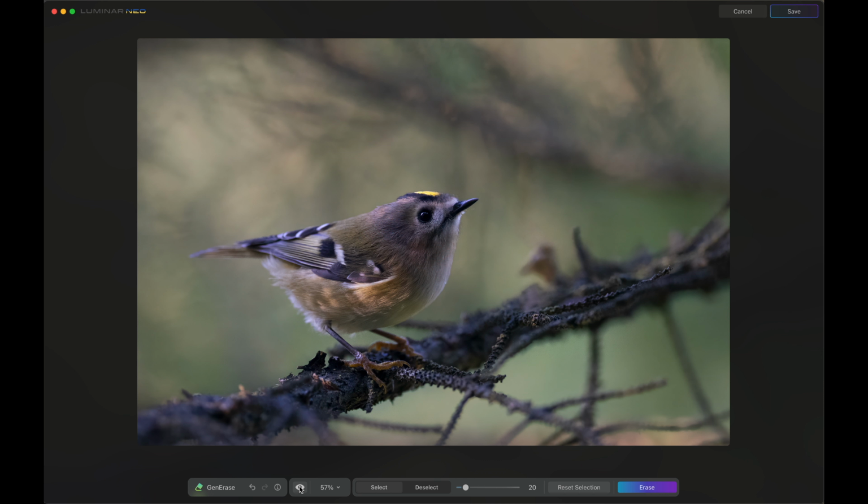So this is perfect for removing small objects if you want to get a little bit more clean